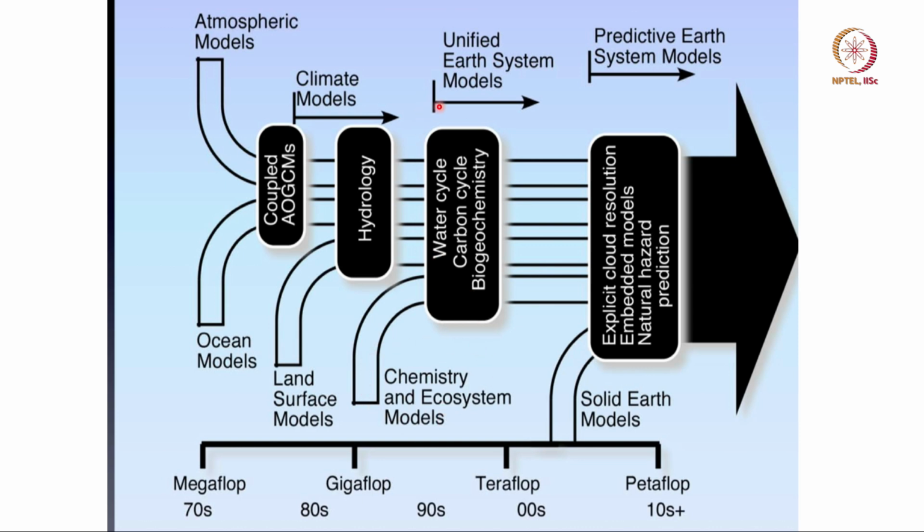And all these, along with more modern ones, where you want to look at past climate, you must take into account changes in geology, for example. So these are called Earth system models, which include everything. Okay? And at the bottom, you can see the amount of computational effort it takes, from megaflops to petaflops. So some centers run these very complex models for hundreds of years to understand how geology interacts with Earth's climate.